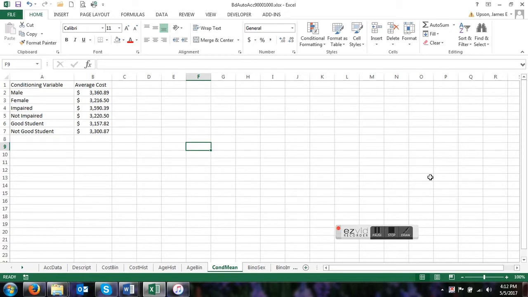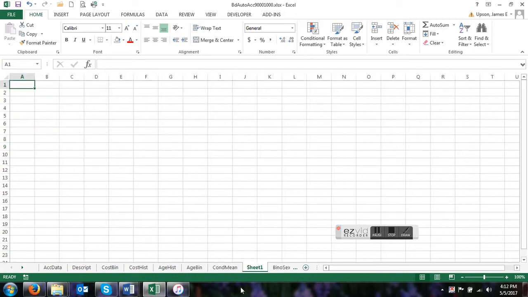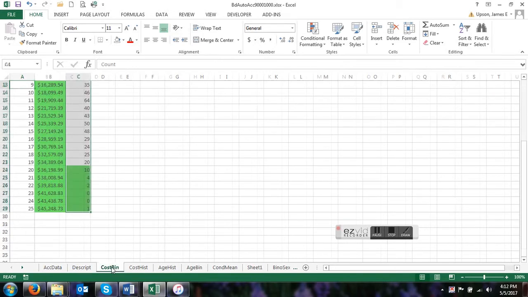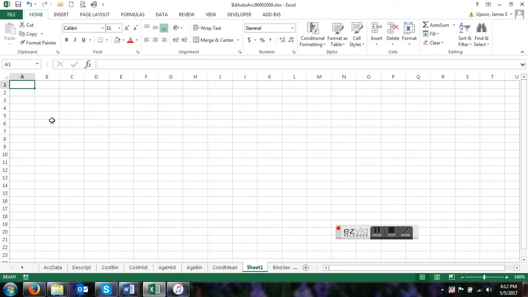One thing you can do at any given time is go ahead and insert a new sheet. So this comes in as Sheet 1. The grade code looks at the sheets that we've created, so if the cost bin is highlighted as graded, it'll come to cost bin. So you can't change the names of the existing ones, but you can add as many sheets as you want. So then if I wanted to create a formal table of the conditional mean, I would want to do things like,